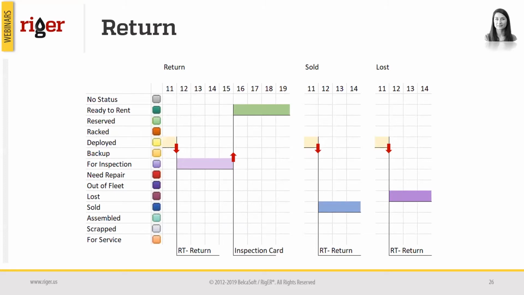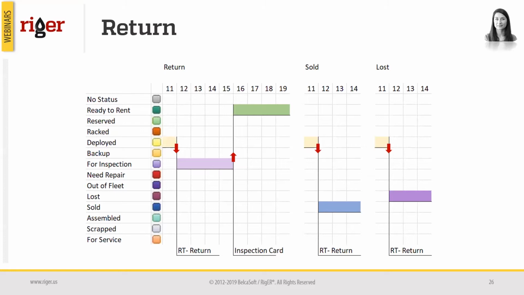If the unit is in good condition or if it needs repair, and that inspection is done, and only after that the rental unit is moved to ready for rent status and can be used in the next job. So every status is triggered only by some conditions for this rental unit or by some document generation and posting